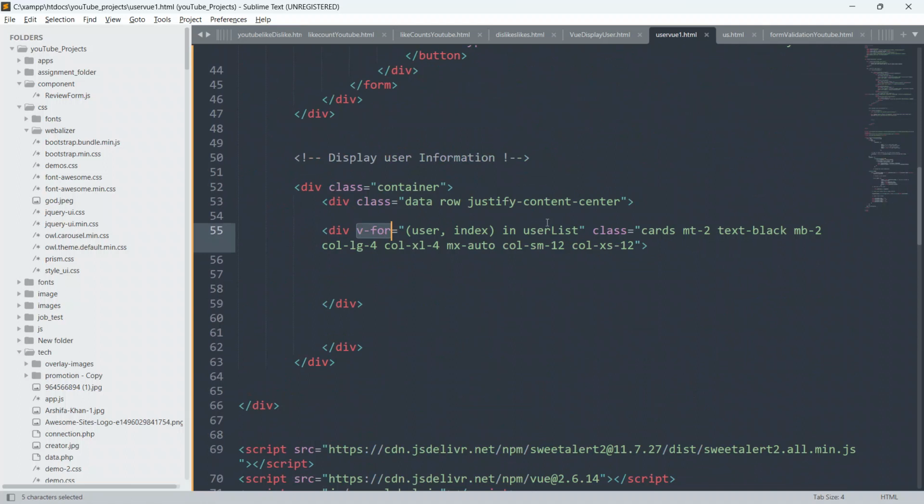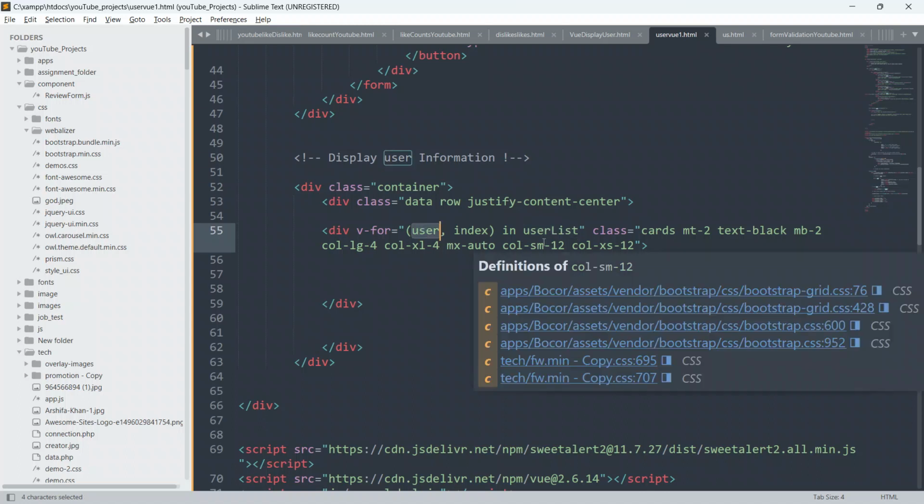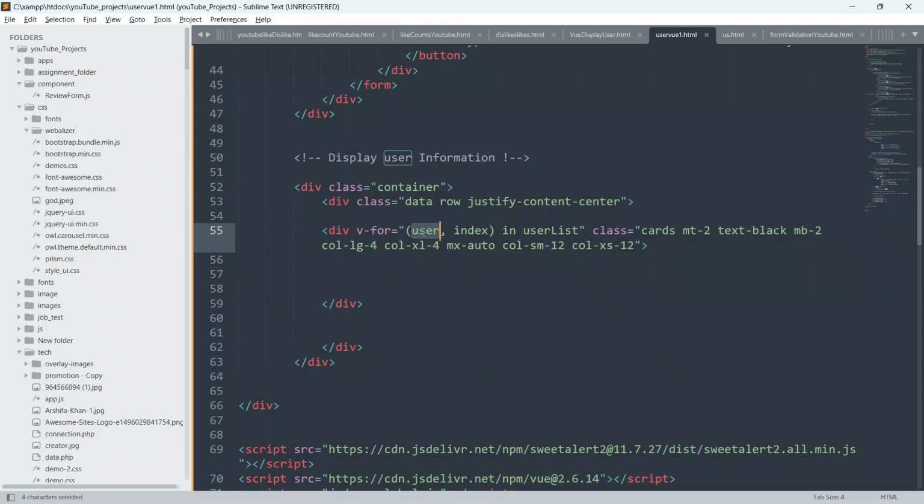It will store all the information one by one into this user variable. Again it will run, and again it will store all the details into this user variable.